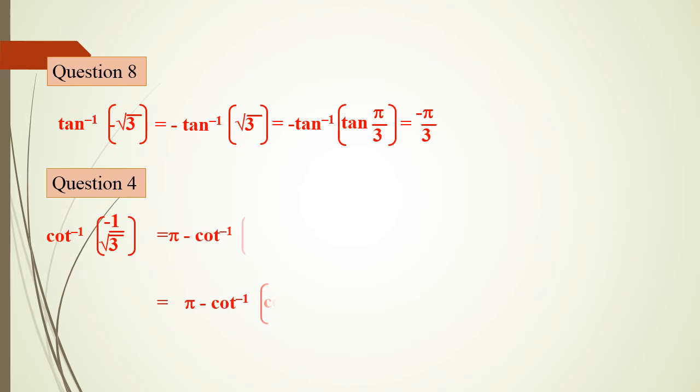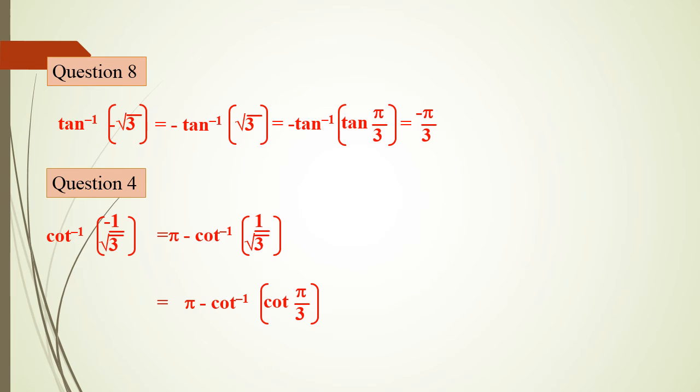Next, cot inverse of minus 1 divided by root 3. We must be very careful with the cot inverse trigonometric function, as well as sec inverse and cos inverse, when its angle is given in terms of minus. Now cot inverse has a minus symbol. When a minus angle is given for cot inverse, sec inverse as well as cos inverse, compulsorily it can be written as pi minus. The given trigonometric function without the negative symbol must be written as it is.